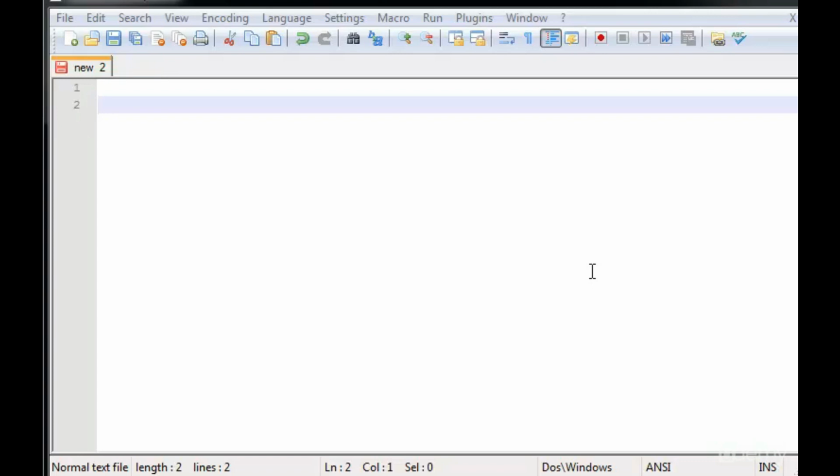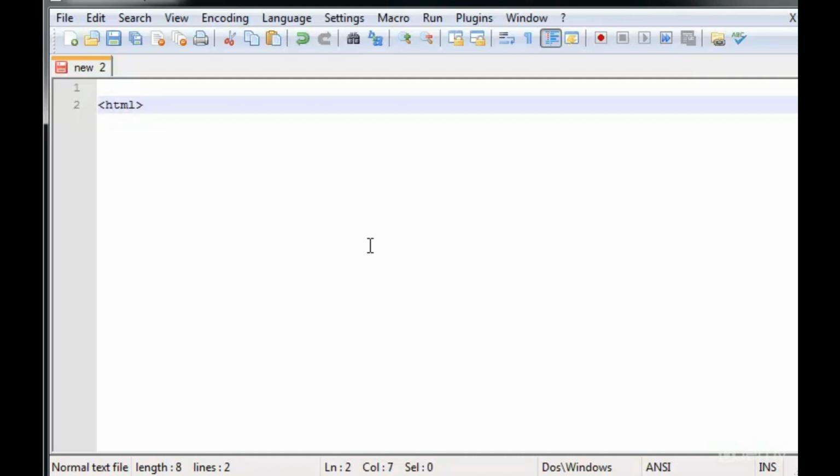So the first thing you're going to do is open your Notepad++ or whatever editor you're using, and open a new page or create a new project. In Notepad++ you can click this icon here for new, and the first thing you're going to do is create some HTML tags. So to create HTML tags, we will use the less than symbol, type HTML, and bigger than